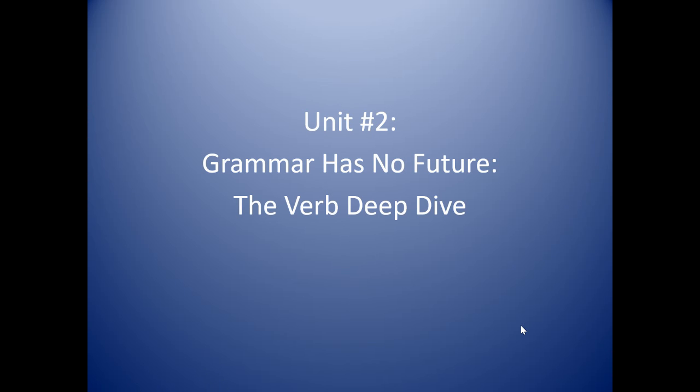So we're going to begin Unit 2, which is entitled Grammar Has No Future, the Verb Deep Dive. In this unit, we're going to do a deep dive into verbs and look at how verbs are actually constructed, and also look at how we deconstruct a verb to understand the mathematical formula to create a verb. We're going to use that same formula, which we call the verb expansion rule, to create a lot of